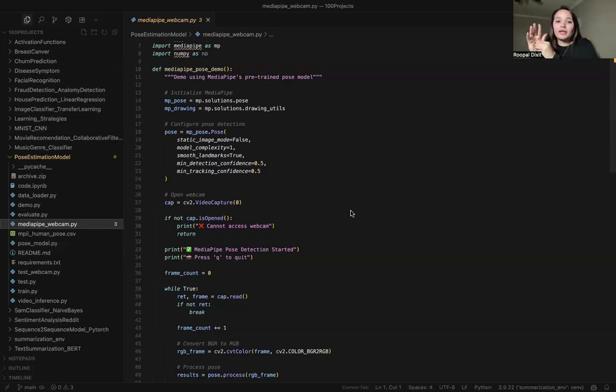MediaPipe applies smoothing filters and tracks these features, like hands, across frames using confidence scores to ensure accuracy. So this is the confidence if I'm moving my hand here. It keeps accuracy maintained if I'm changing pose, or if I'm standing and then sitting. This is how the model gets the coordinates of features like the shoulders, which we can then draw onto the video feed and see how it is moving. At every frame this is done.